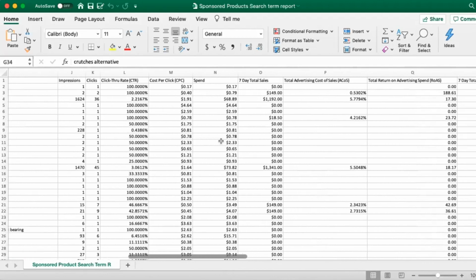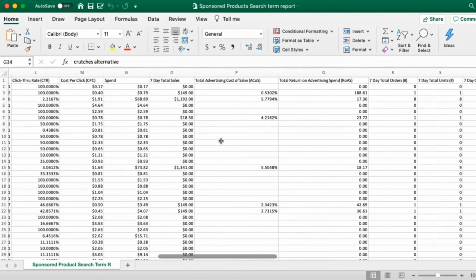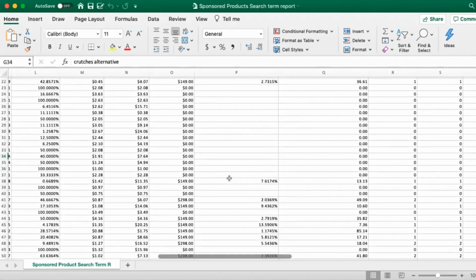So when you do look at this, obviously you're going to want to sort this whole thing. If you want to do it by spend, if you want to see what the keywords have done by spend, you can do that way. If you want to do it by ACoS, you would do it by that. Most people do it by ACoS and then by spend, so you can see your top ACoS and then you can see your top spenders below that.